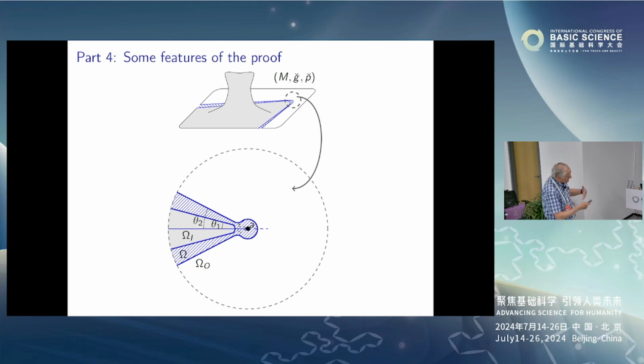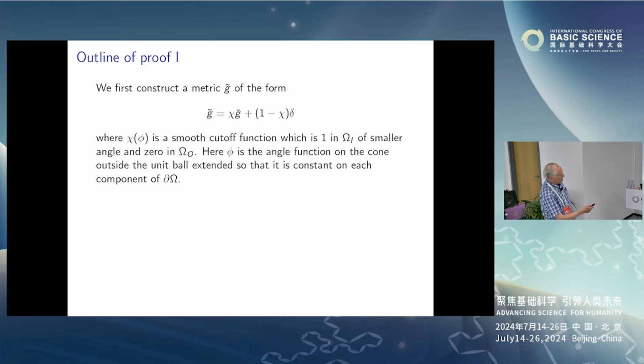And so it's the same kind of idea here, except it's not a compact set, it's a more complicated transition region. But the proof again involves, so we have first this picture, and then we just use a cutoff function to join our given metric, which I'm still calling G check, to the Euclidean metric.